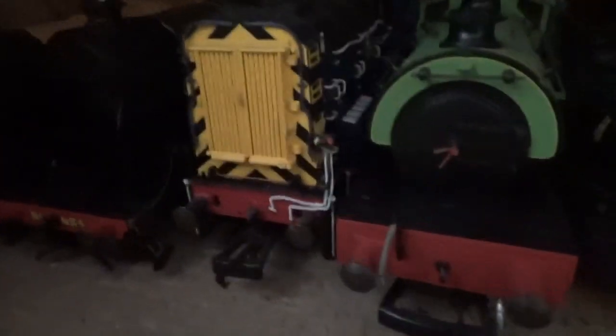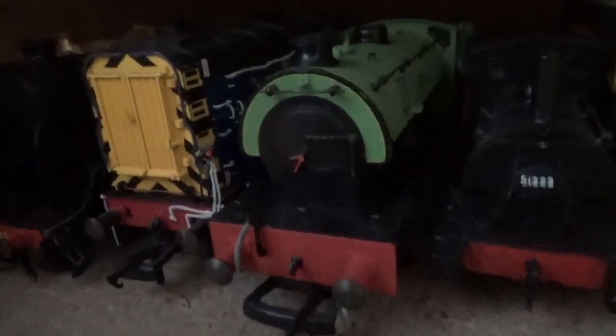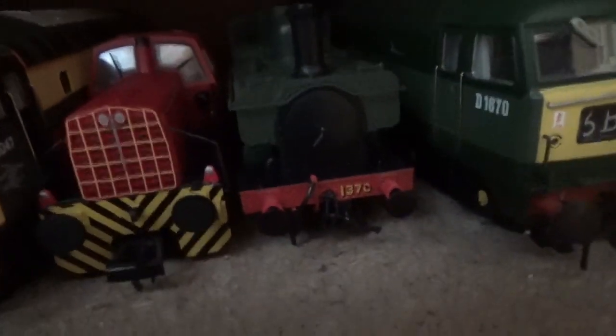Then down to the next shelf, we have the GWR Mogul in the Rod livery, which is one I painted myself. That's a Bachmann model. Dapol have announced a double O gauge retooled Mogul, which is to be released in 2019, I understand. We have the Hornby S15, Class 09, one of the Hunslet Austerities made by Hornby. This one is called Peter and is a model I detailed myself. We have the Pug, the Heljan Class 33 Crompton, the Sentinel 4WDM, we have the Heljan 1366 Pannier,